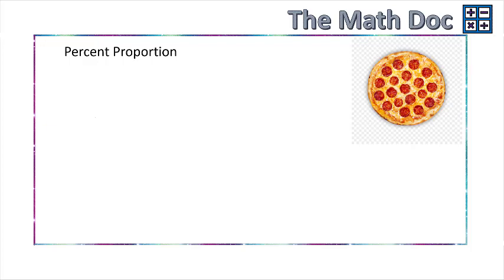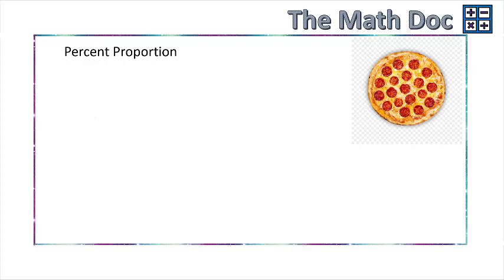This one will talk about percent proportion. And what does that mean? Well, we know what percents are, right? We know when we say 100% of something that we're taking the entire thing. And a proportion is a ratio, right, between two things. And in particular, when we talk about percent proportion, we're looking at the proportion of something that we're taking out